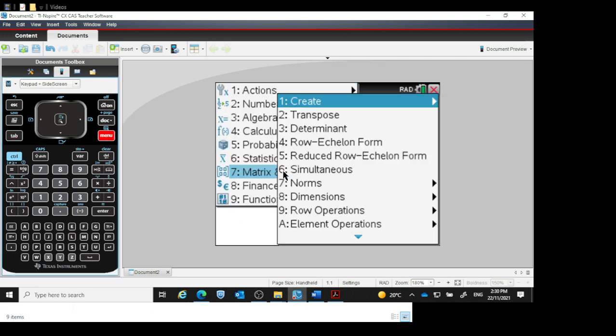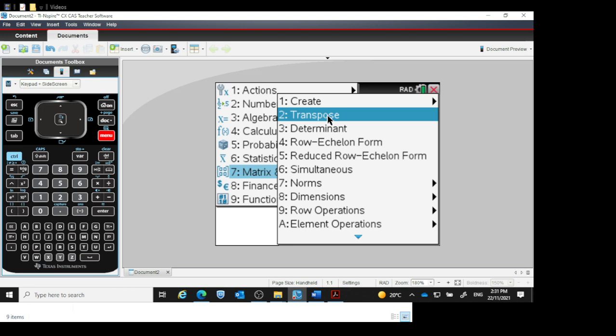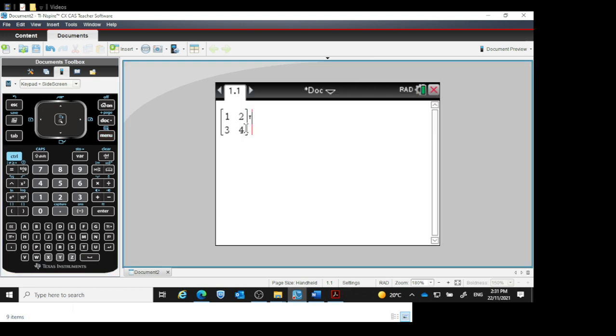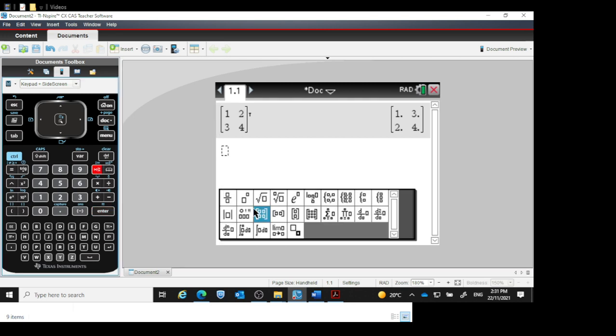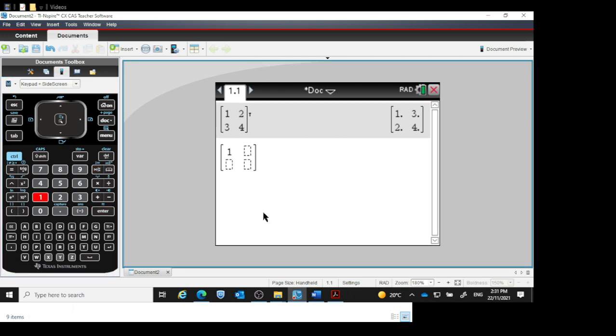I am going to matrix and do the transpose because I showed you to do the transpose. And remember, the transpose makes the row into a column. There it is there. I can add matrices very quickly. So I'll just do one here. 1, 2, 3, 4, and I will